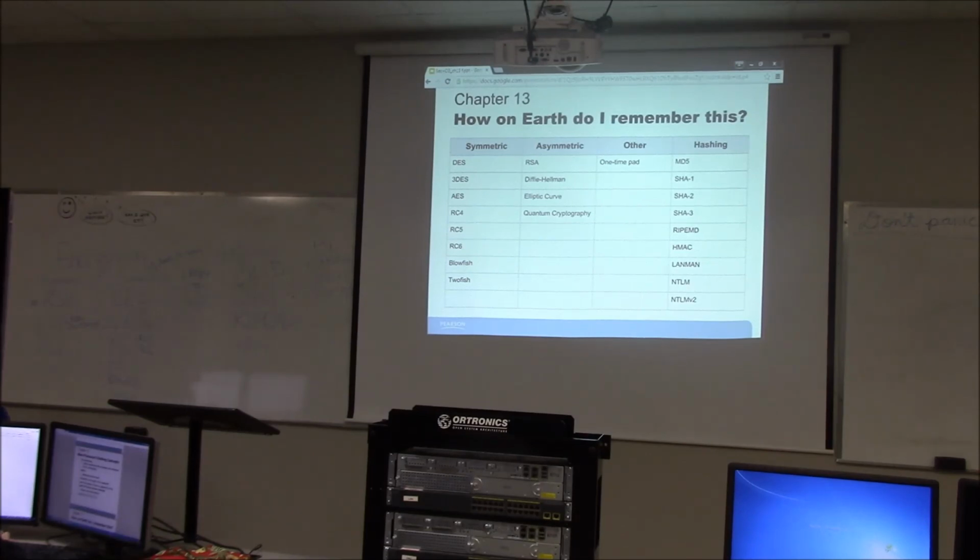Okay, so, how on earth do I remember this section here? We have our symmetric, asymmetric, our other, I think we have PGP, we can add to that as well. Quantum cryptography, we didn't talk about, it's super out there, but that is another asymmetric way. It's not really used yet. It's kind of a theory. And then our different hashing algorithms, with the last three being part of